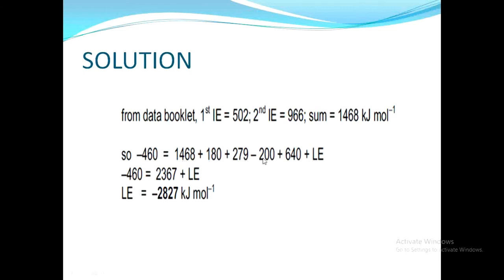Now all these enthalpies that are linked with the lattice energy are the enthalpies of the indirect route, while the direct route enthalpy is minus 460, that is the enthalpy of formation of barium sulfide directly from its elements. Now by putting in the values, the lattice energy can be calculated from the data that the examiner has given and the ionization energies that we can see from the data booklet. The lattice energy comes out to be minus 2827 kilojoule per mole. That is consistent with our definition of lattice energy, that the lattice energy is exothermic in nature.